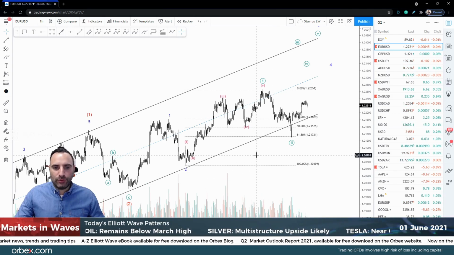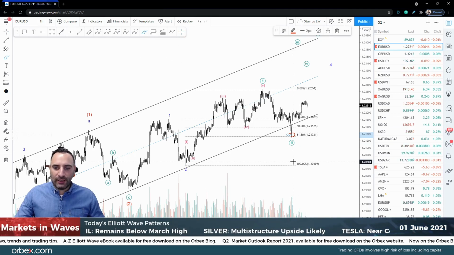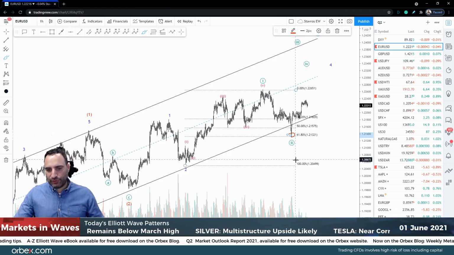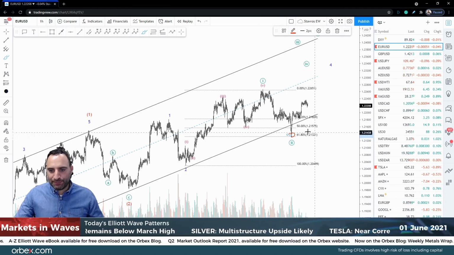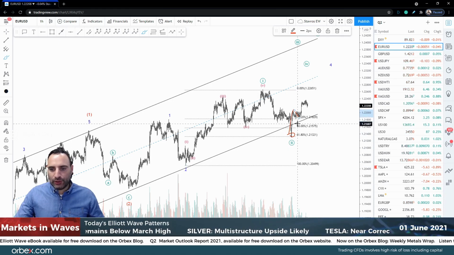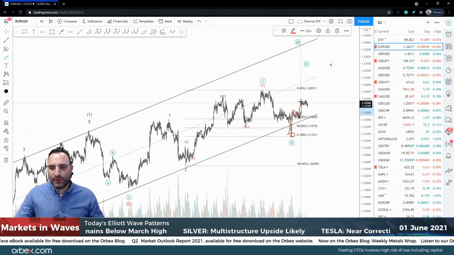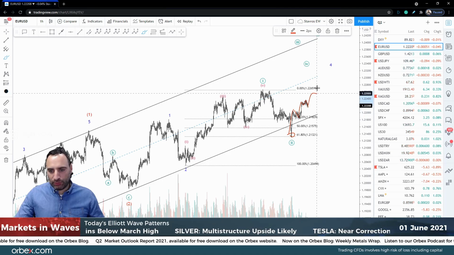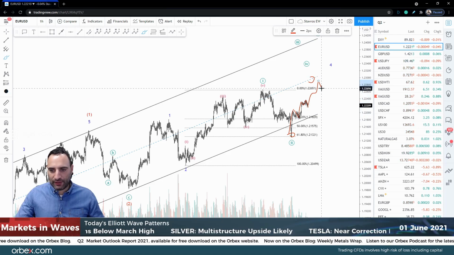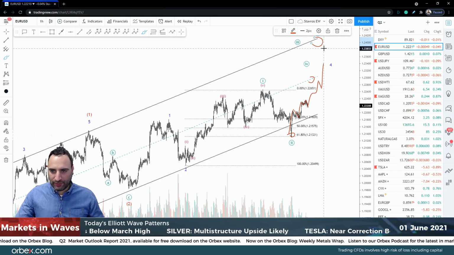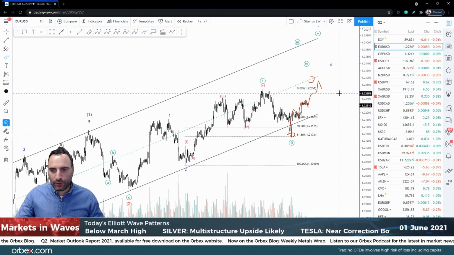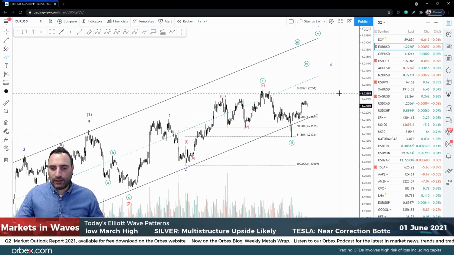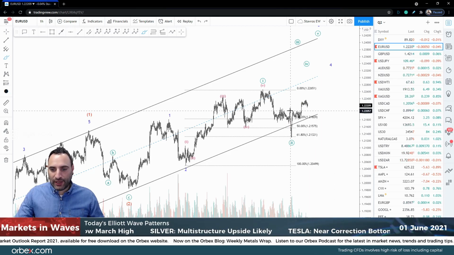Starting with the euro dollar, we did say yesterday that this is perhaps the end of the correction at the 61.80 Fibonacci retracement of this leg to the upside. And now, to me, it looks like we are moving up impulsively, which seems to be a case where this is going to be the structural move to the upside for wave 3. Then we're going to get 4 and 5, up in 3, of course. So there is a lot of room to the upside should the scenario that I'm looking at, and at least for now it remains validated,